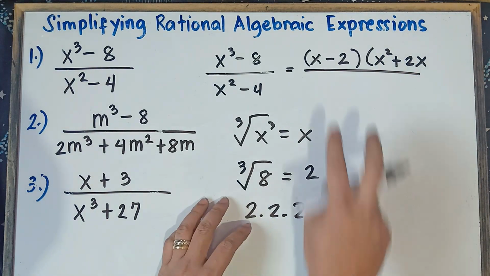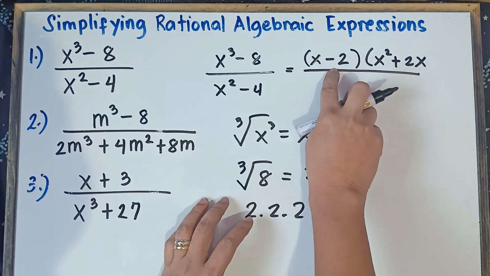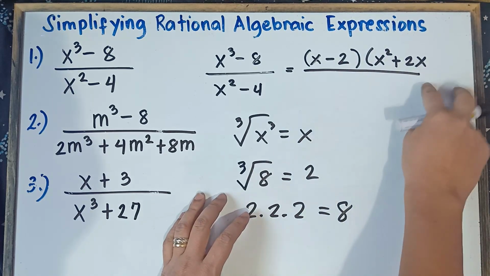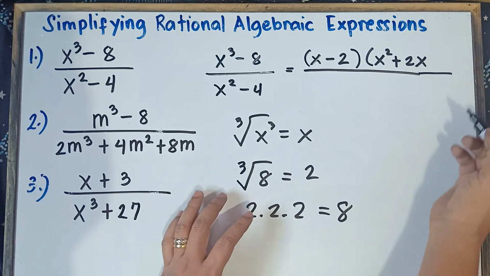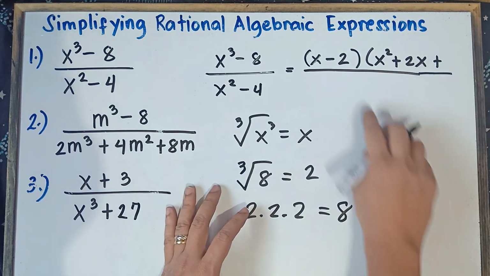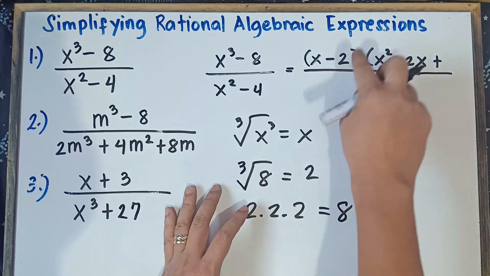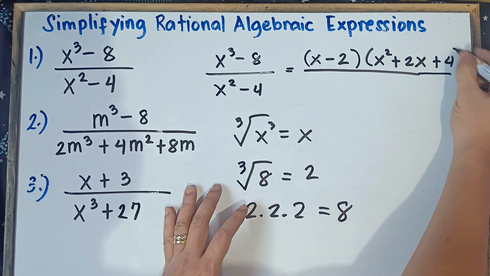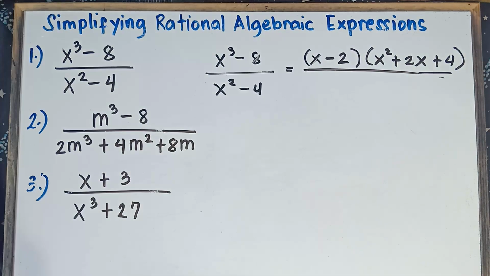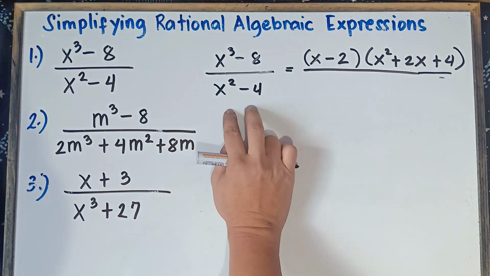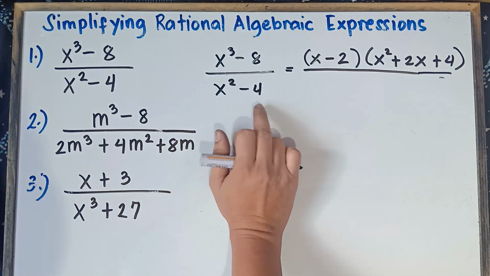Once again, class, your first factor, you have minus sign. And then your second factor, all of the answer, class, will be all positive, will be all plus. So plus, and then get the square of the second term, 2 times 2, that would be equal to 4. And then close parenthesis. Alright, and then for our denominator, class, we can apply the difference of two squares.